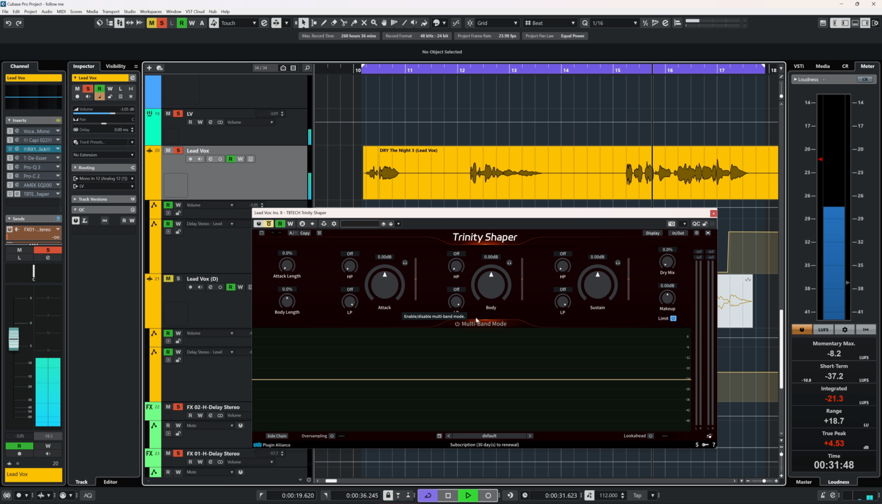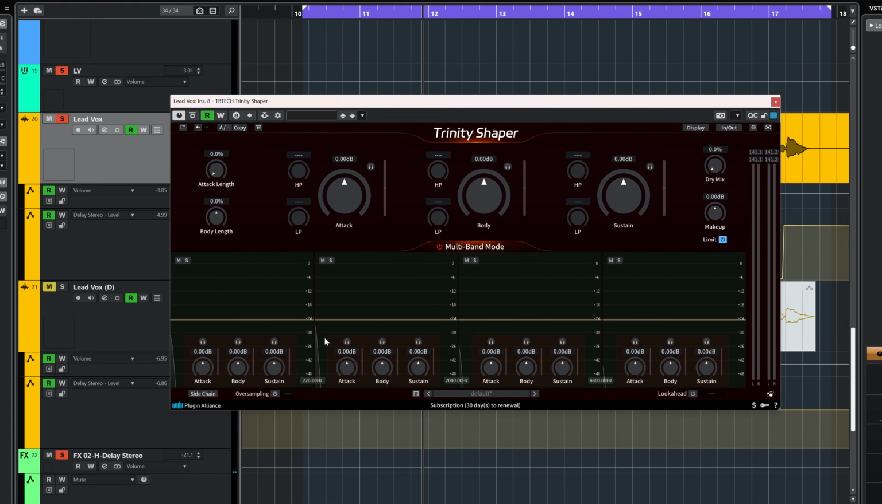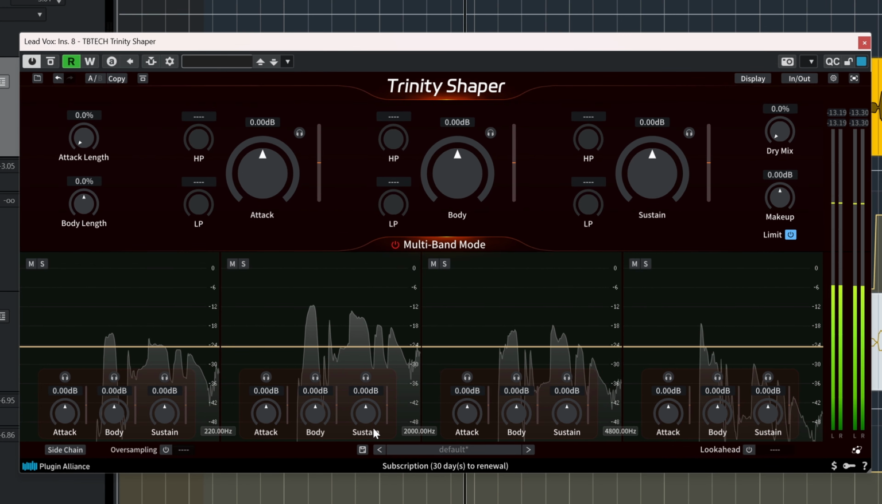Gotta catch it before it passes on by. Now's the time. When you use the plugin in multiband and turn down body and a bit of sustain in